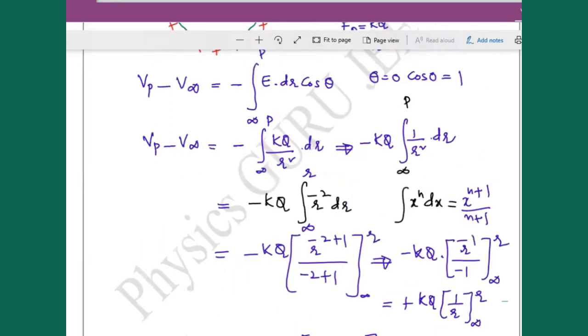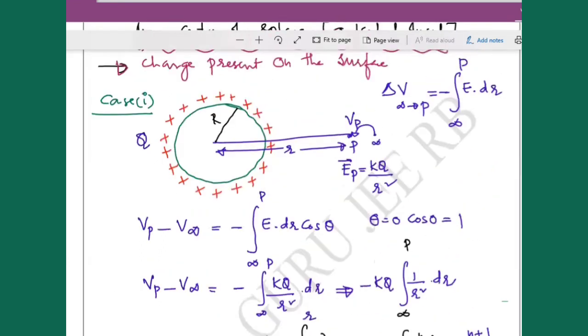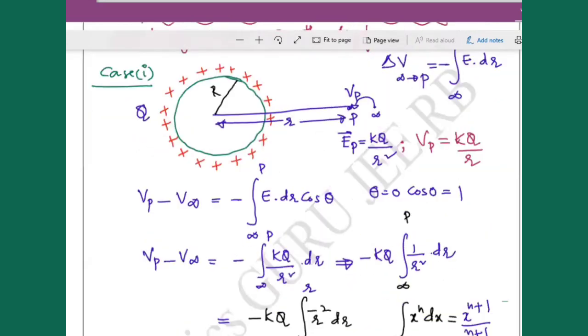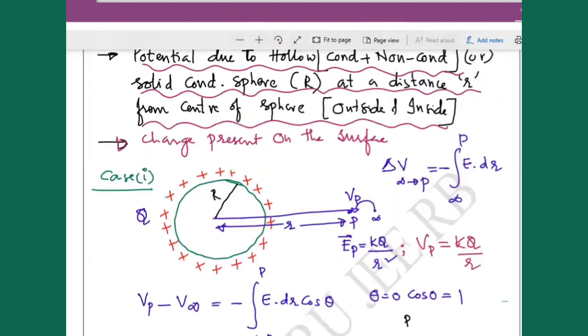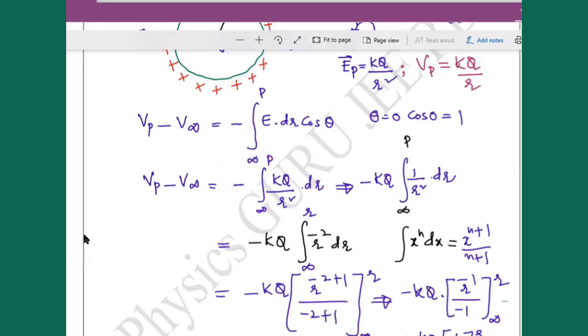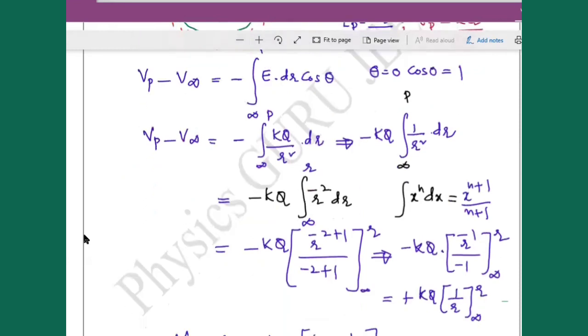That means the potential at the point P is equal to KQ divided by r. Fine, all of you understood? Yes, sir. Okay, just take a screenshot. I hope till here you took a screenshot, right? So the second screenshot would be like this. This will be the second screenshot. I'll turn it off.